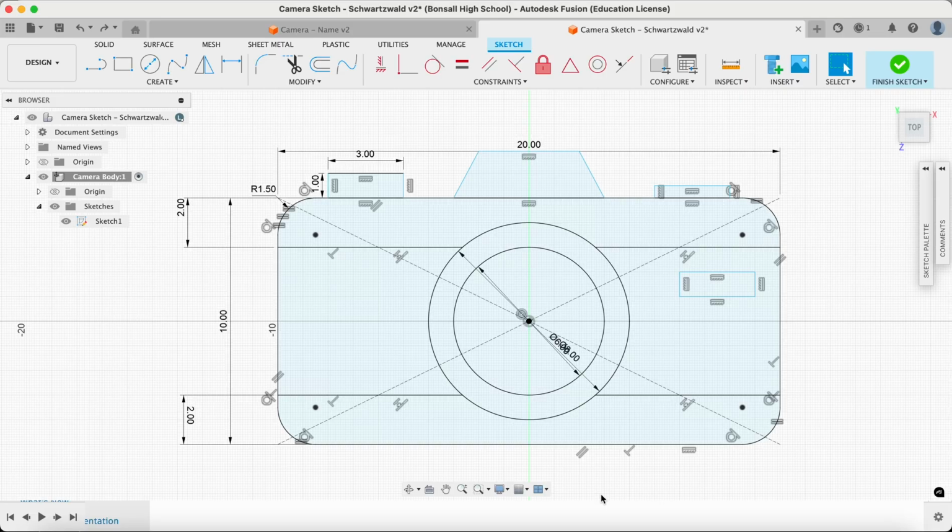In Fusion 360, a sketch is considered fully defined when all of the sketch elements have been provided a size and a location relative to another element in the sketch. When I built this sketch, I made these circles from the center circle tool, and that created a midpoint constraint, so that circle has been defined position-wise in accordance to the middle of my sketch. They also have a size, and with a size and a position, they are considered fully defined,